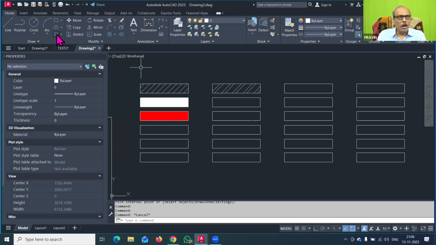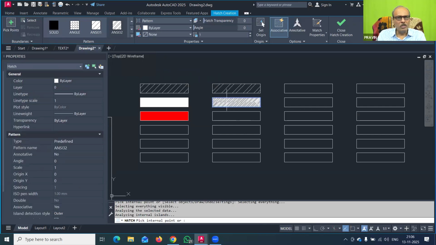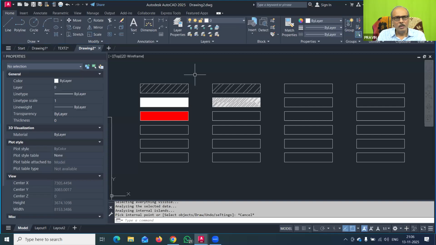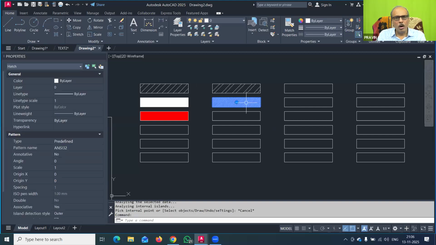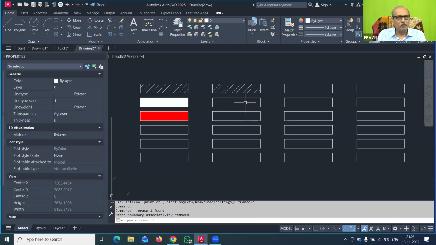Now again we will go to the hatch command. Now click inside here, and you can see that the same pattern was applied here, but this is not appearing properly. I have to change that. So what I will do here: I want stone masonry. For the stone masonry, there is another different symbol. In such a case, if you make a mistake, you can press escape, and that command is gone. You can select that pattern and delete it. Again go to the hatch command.